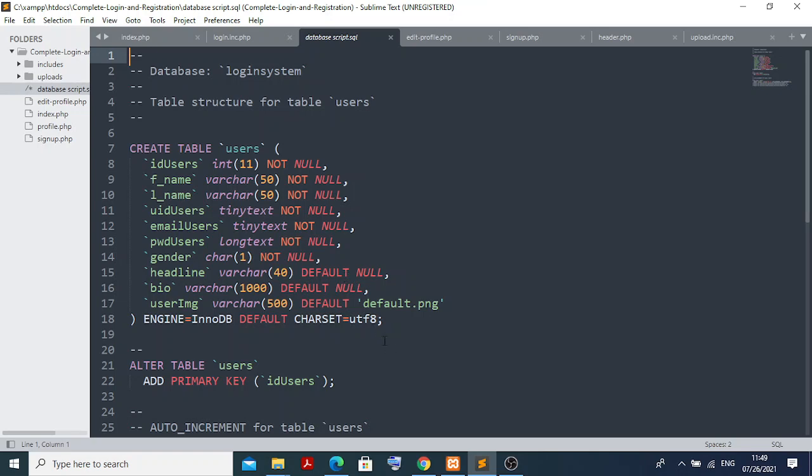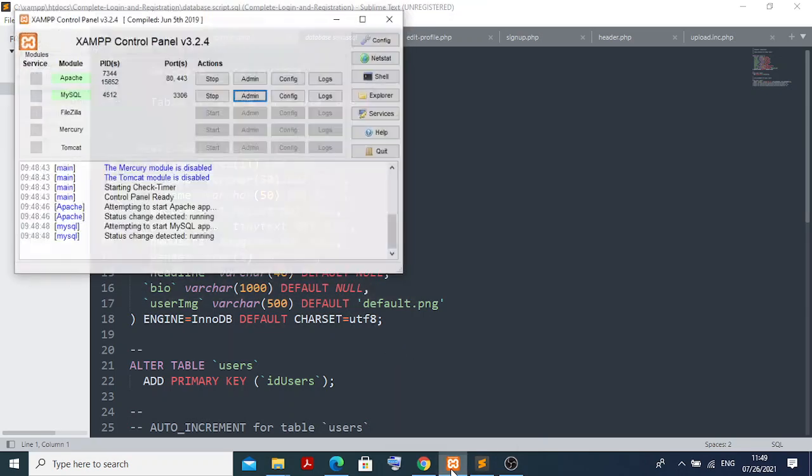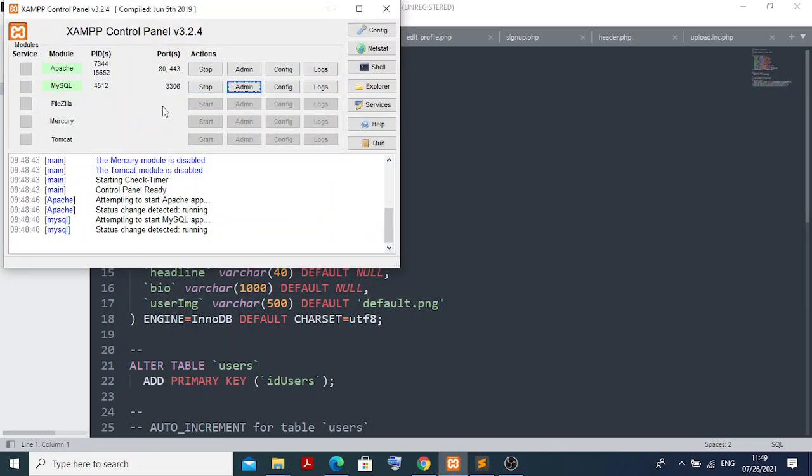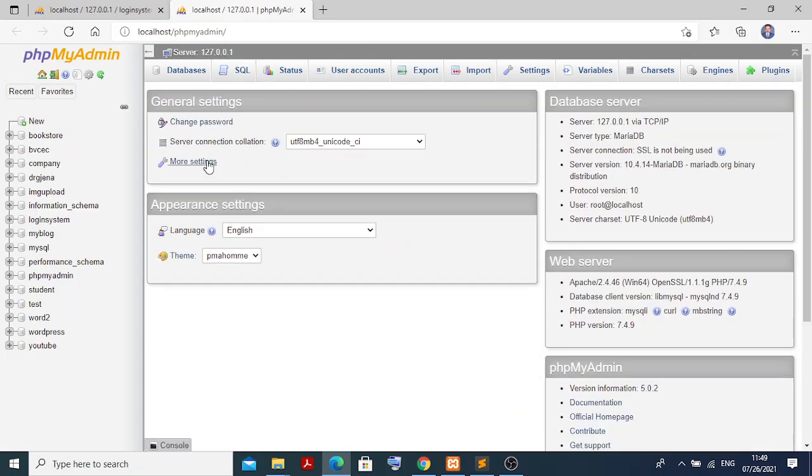Now you can ask me one question, sir, where is the database I have created? Yes, it is here. Before starting all things, you see that Apache and MySQL are starting. I just click this here, it is already running. You can see the port numbers. And if you want to see the database, you can go to the admin page. In the admin page, you need the user ID and password. By default the user is root, and my password I have given you. There is nothing to hide, but you have your own password with that system at the time of installation.